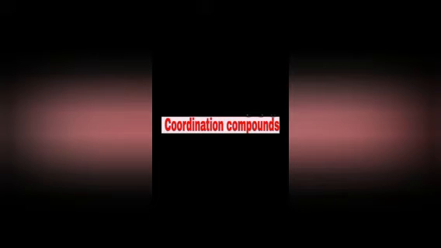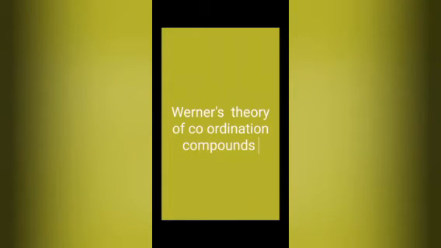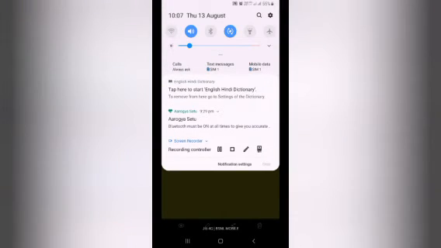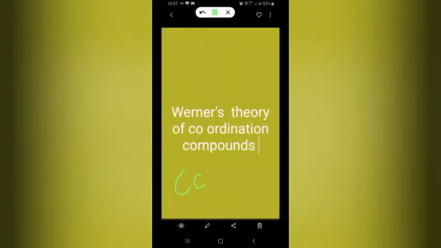In the 19th century, chemists were puzzled by a certain class of reactions that seemed to violate valence bond theory. For example, the valencies of the elements in cobalt chloride and ammonia seemed to be completely satisfied. However, the two substances react to form a stable compound with the formula CoCl3.6NH3, and the compound is known as a coordination compound.